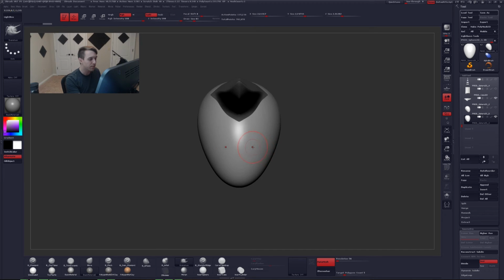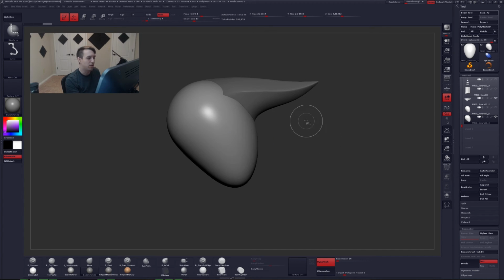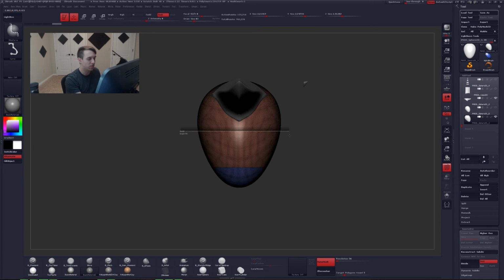So maybe we want to have some interesting dichotomy in the shape language, you know, triangular, circular, and square shapes all happening at the same time. That can look a little busy, but because this is so quick, it doesn't take very long. It's a really good way to get a bunch of cool variations. So for the visor this time, I want to do just flat shapes, straight lines, and